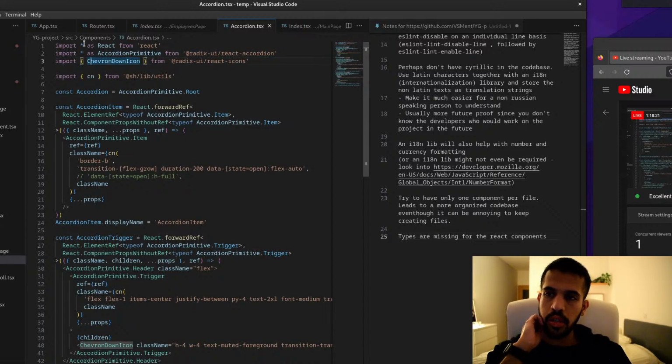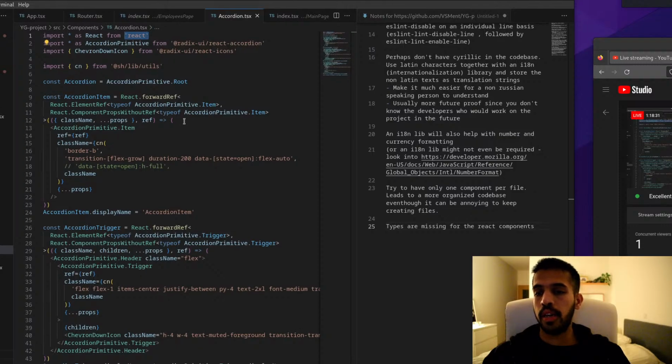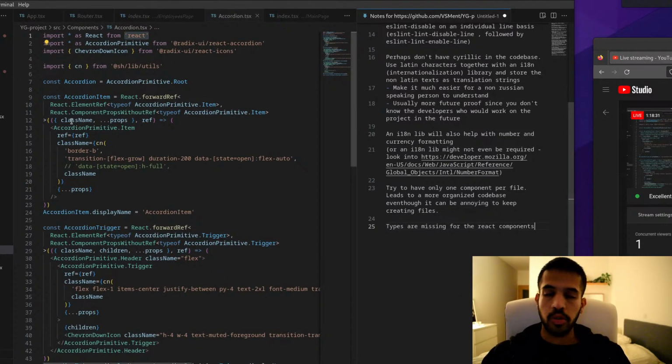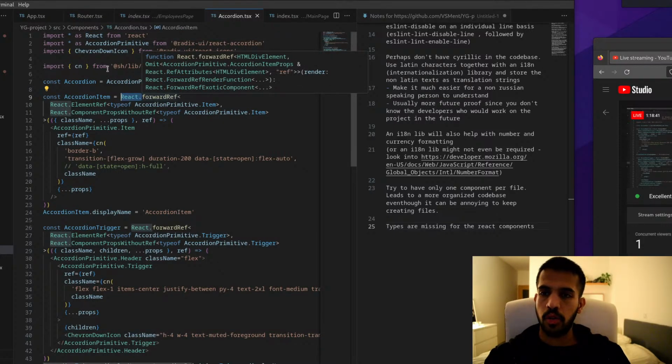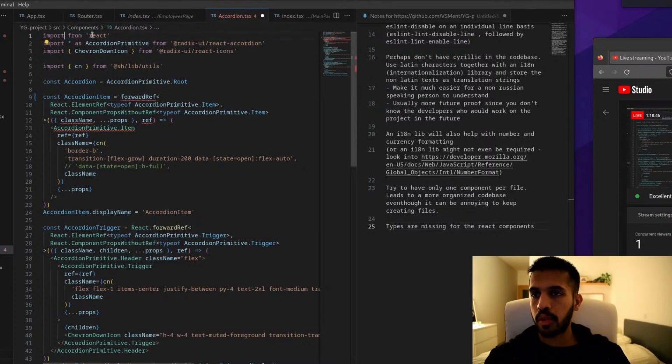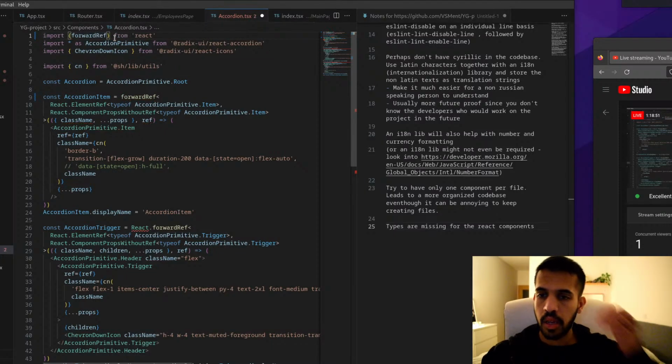But in general, try to avoid importing wildcards like this, because that causes the entire package to be pulled in, which is not what you want. Most of the time, you can just import something directly like this, and that's good. I think in this case, he probably imported it like this because he wanted forward ref, but you could just as well do this ref and you have the same effect. It doesn't have to be react.forward ref.